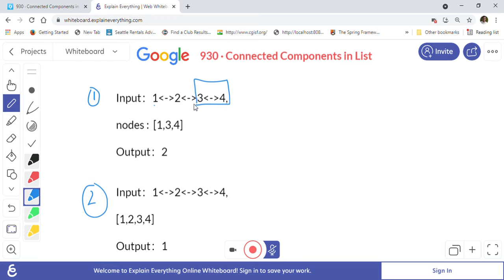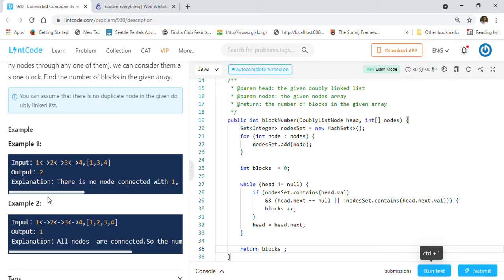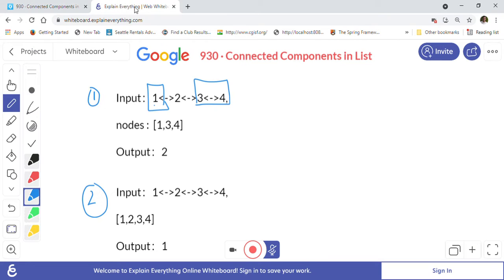And 1 is independent, so it is another component. So there are two components, as they are explaining. There is no node connected with 1, and node 3 is connected with 4, so the number of blocks is 2. That is the number of blocks we have to find out here.